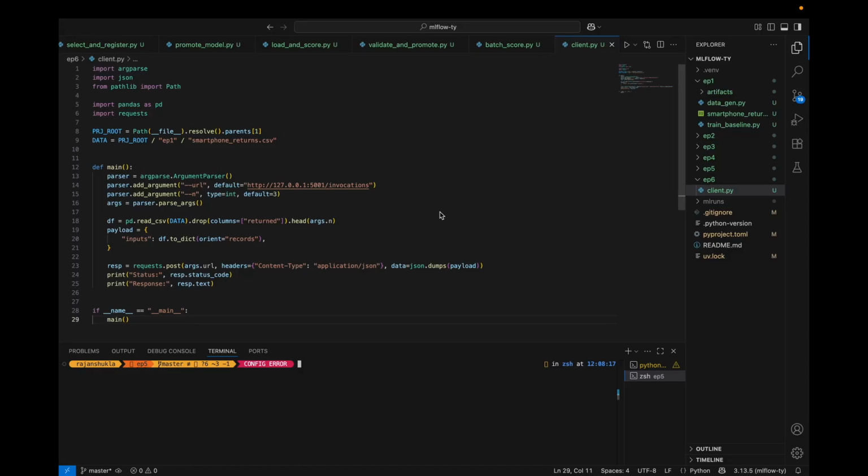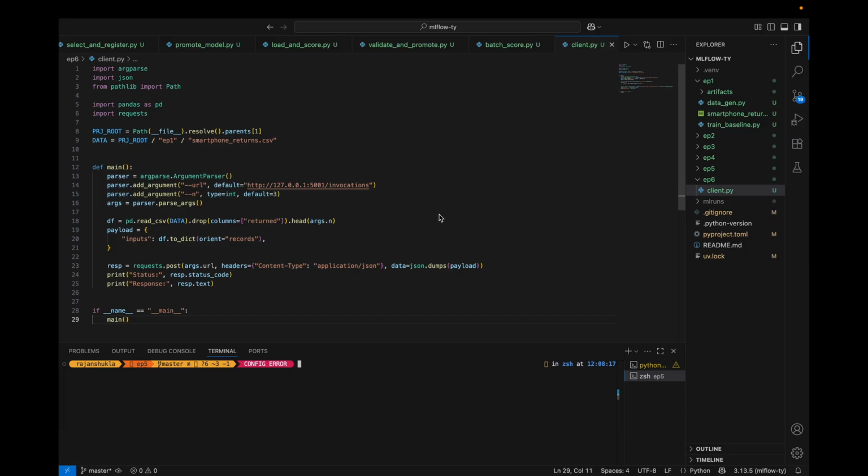We have been working with models, how we can detect the drift, and promote them to production. Now we are actually going to learn how we can build, and from using MLflow, how we can serve the model as an API. To do that, it's fairly simple, because all you need is